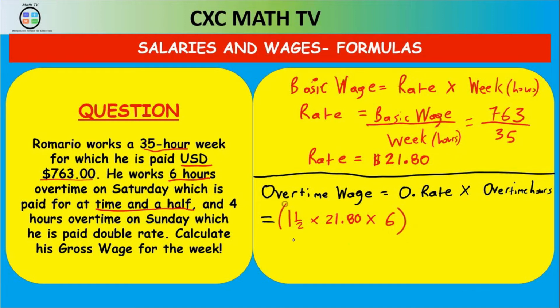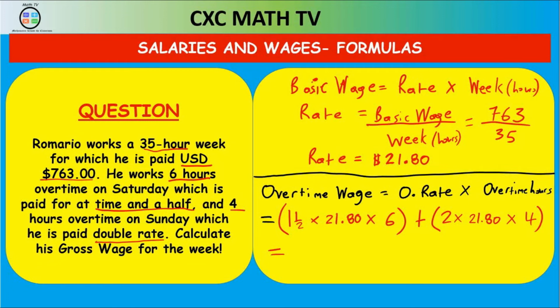But his overtime wage is not done yet. You put a bracket around it and put plus because he also worked some additional overtime hours on Sunday. On Sunday, he worked 4 hours overtime being paid double rate. So since he's being paid double rate, we put 2 times his basic rate multiplied by, of course, the number of overtime hours for Sunday, which is 4. So now we can work out his full overtime wage. So it's 1.5 times